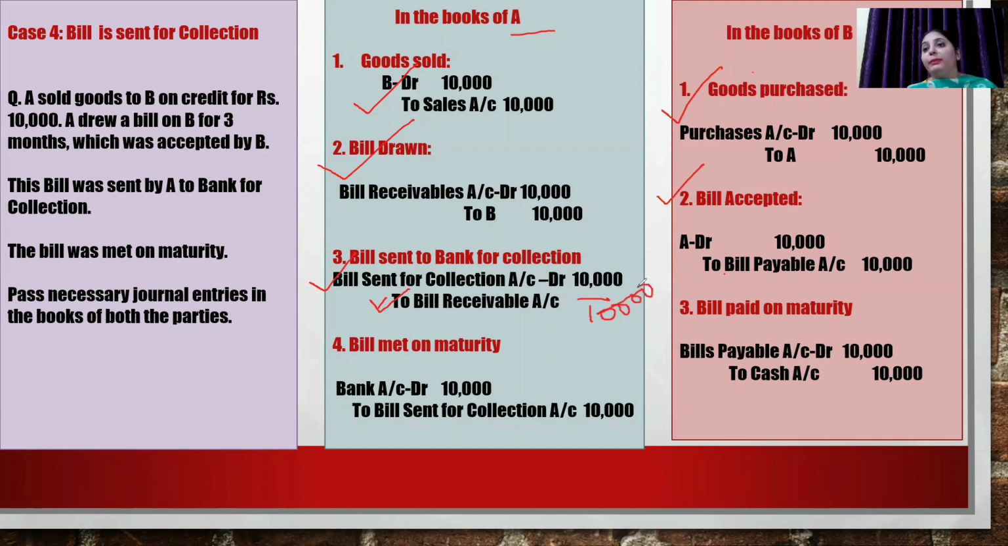Now when this bill will be met on maturity, your bank balance, being the seller, will automatically rise and you will close this bill sent for collection account. However, entry in the books of B will remain same as it was there in first case when bill was kept till maturity. Entry will be bills payable account debit to cash account, because